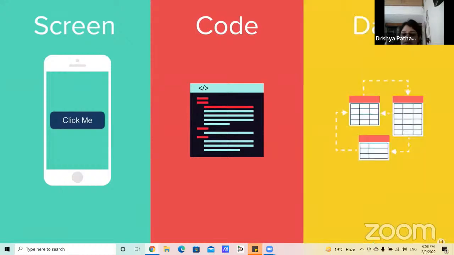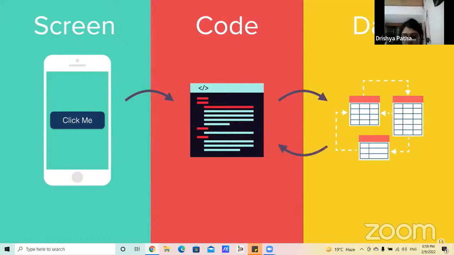And finally, most of the apps, especially if it gets more complex, will have data that's stored in the app. So for example, let's say we have a contact management app, right, where we have all the phone numbers of all of your friends and colleagues. Well, on the screen, when the user taps on a button that says, show me Bob's phone number, then that will send a message to our code, and we check through all of those lines of code to see how we should respond when the user taps on that button.